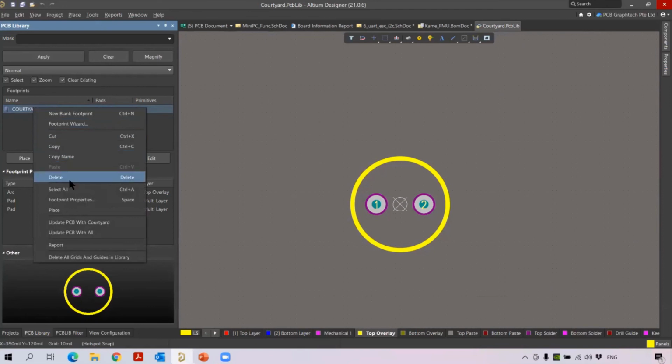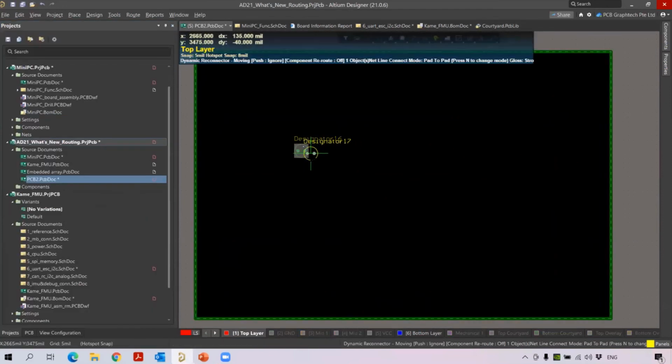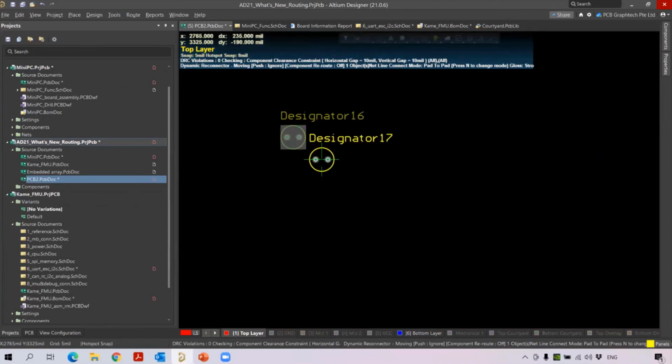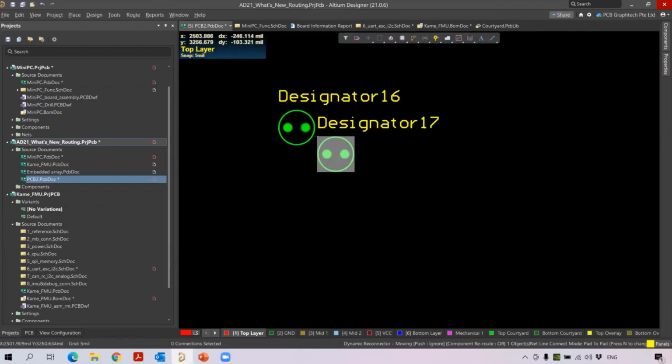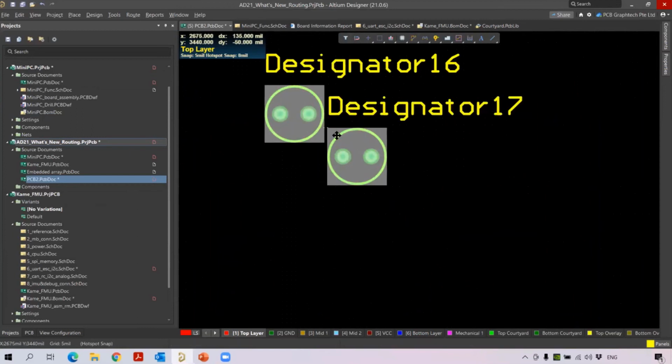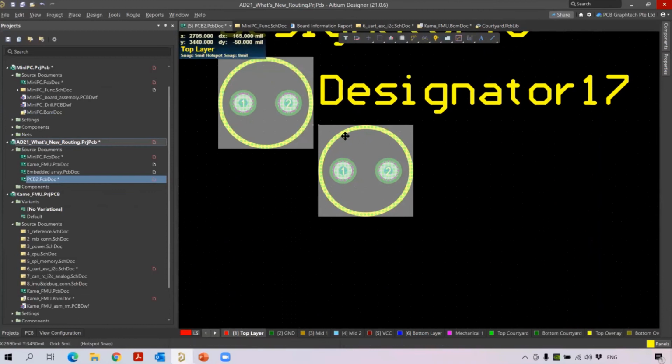I want to place it. Okay, let me place this. So go to place and then I try to place here normally. When I try to place here, you see, even though they don't touch, when they come closer, you can see there is a violation. When I just move here, holding the shift, you can see there is less than 10 mils, so it generates the violation because the bounding boxes are so close to each other. Okay, that's why it's generating the violations.